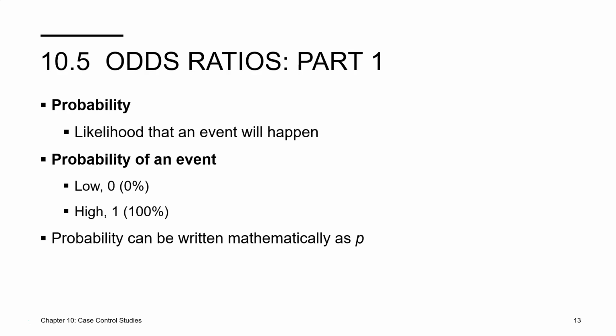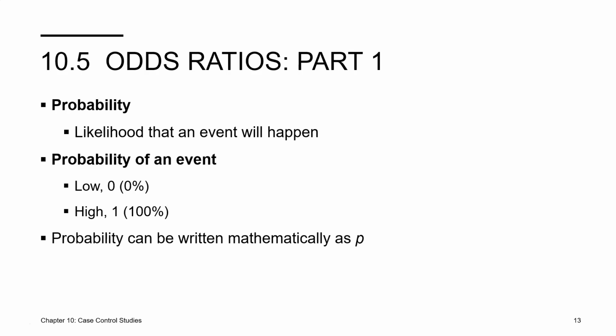Section 10.5 goes over odds ratios. Odds ratios are used not only in case control studies, they can often be used in cross-sectional studies, although some people would report them as a prevalence ratio. But odds ratios really are looking at probabilities, and you're looking to see the likelihood that an event will happen. And these are on the scale of